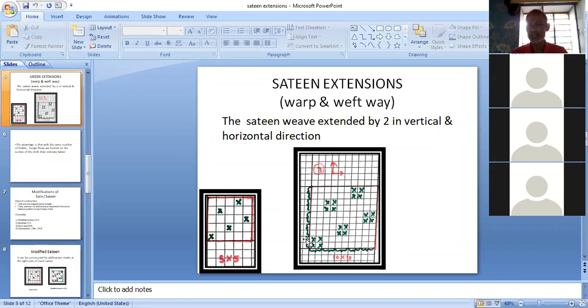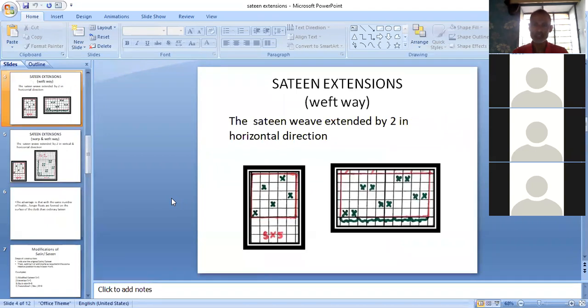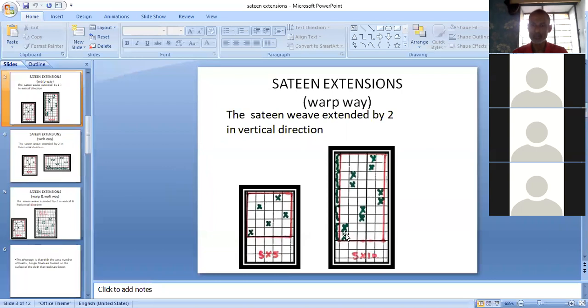And if you are taking sateen drafting, then the same order will be followed in the sateen draft also. So whatever the drafting system we are taking, the number of heald frames required is 5. In this case also you can observe that these 2 will pass through the same heald frame, first, second, third, fourth, and fifth. It means the number of heald frames required is 5, same as the basic weave. And similarly in this, first from the first heald frame, second from second, third from third, fourth from fourth, fifth from fifth heald frame.